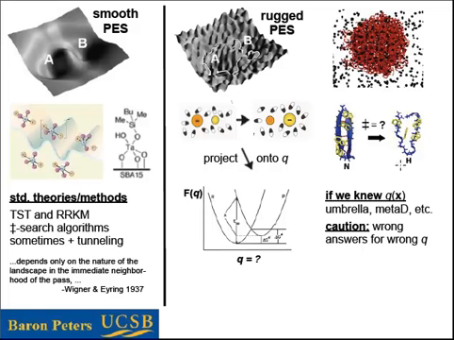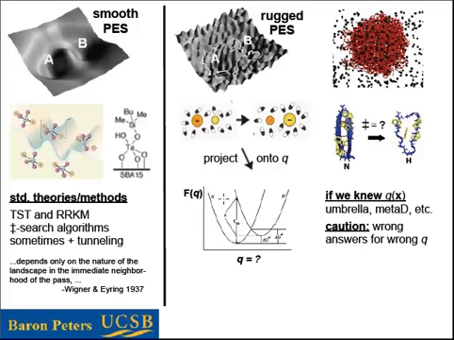Same thing for protein folding. You have lots of contacts that can be formed between the native contacts and non-native contacts, and you have coordination of the residues to the solvent and the environment. And in all of these cases, what you find is that you have this rugged energy landscape. And the only way to really make sense of that is to project the rugged energy landscape onto a free energy landscape.